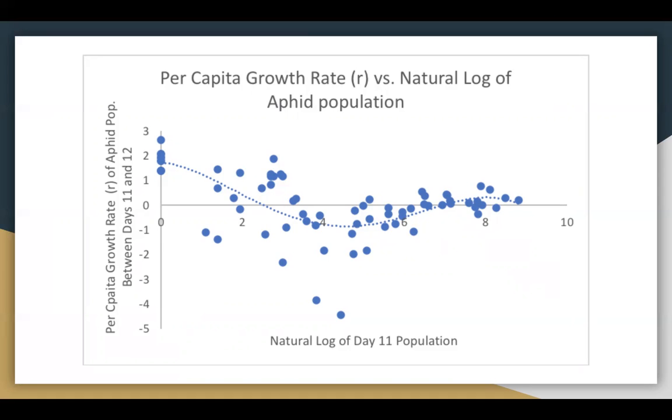This first attractor at 2.5 equals an aphid population of about 12 individuals if you take it out of the natural log, meaning that this attractor is acting as a refuge point for the aphids at low populations. The higher attractor, around 8.8, is the carrying capacity, which, when converted back to an actual population rather than the natural log, would equal a population of about 6,600 aphids. This means that populations below the first attractor will be able to grow above the refuge point, while the larger populations will have to struggle to reach the carrying capacity due to the high amounts of predation by ladybugs at higher aphid populations.